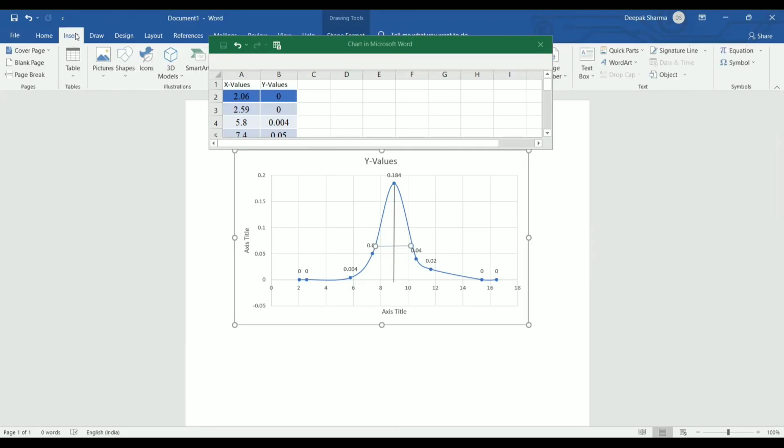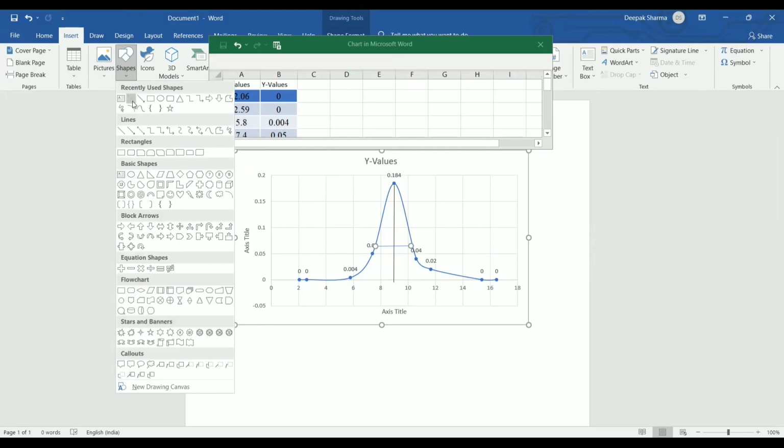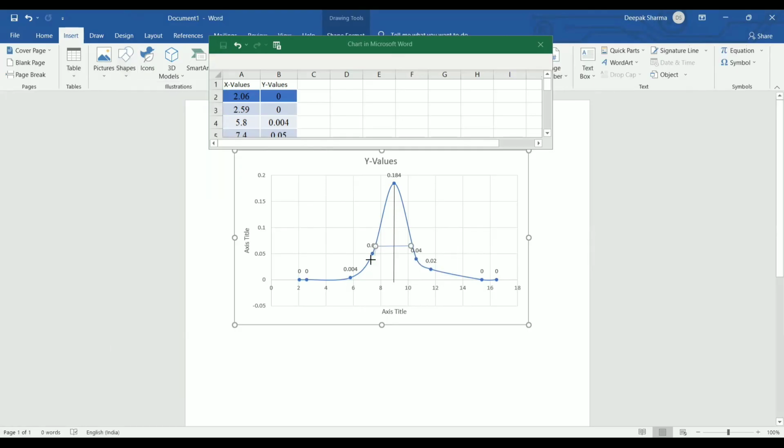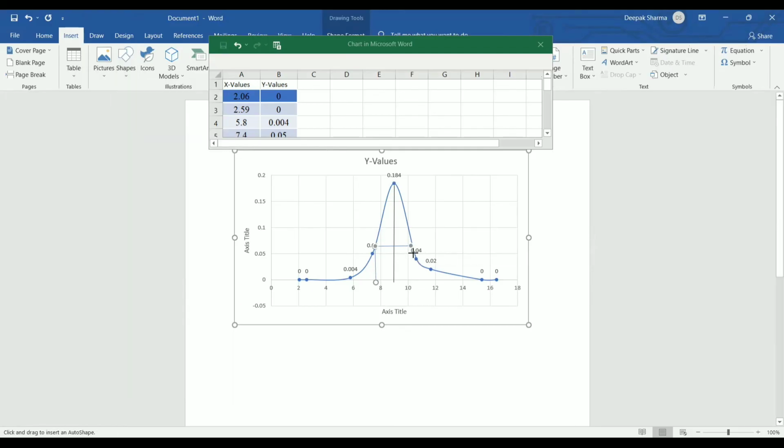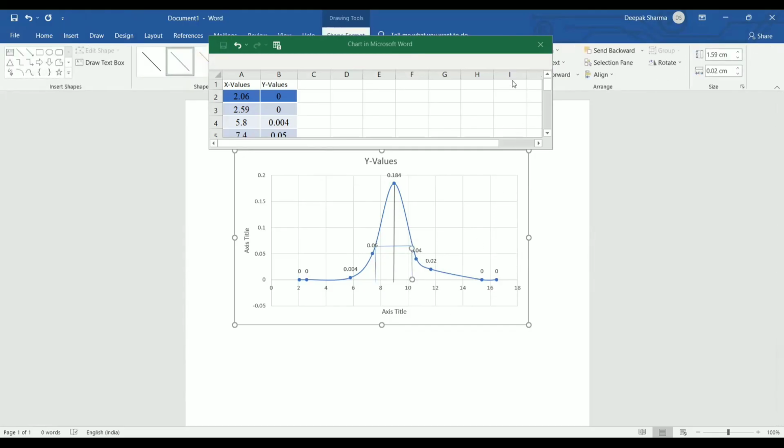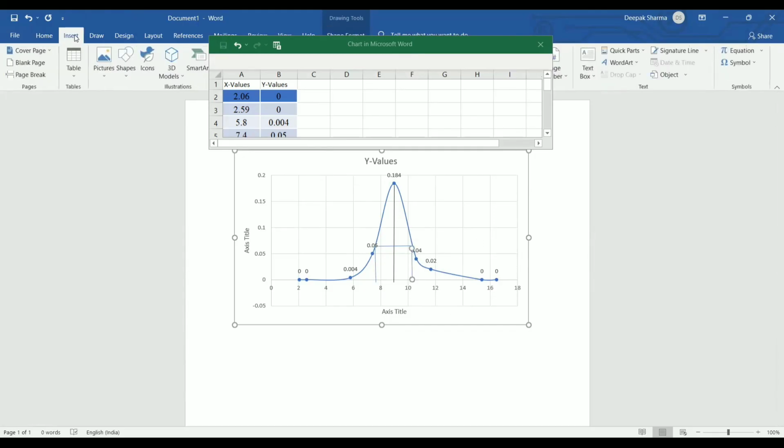Okay. So here we are using another shape. We can draw the perpendicular on the y-axis and x-axis. This is the way we can do the plot. You can also change the graph. I have changed the graph for more clarity, or I can change the graph here. We have a variety of options.